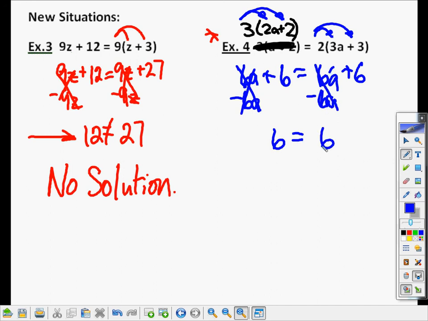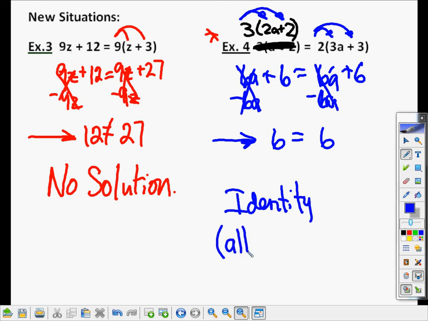So here's a different situation where our variables disappeared or eliminated on both sides, but this statement that we have right here is a true statement, and this ends up being called the identity. What it really means is that all real numbers are the solutions. All real numbers